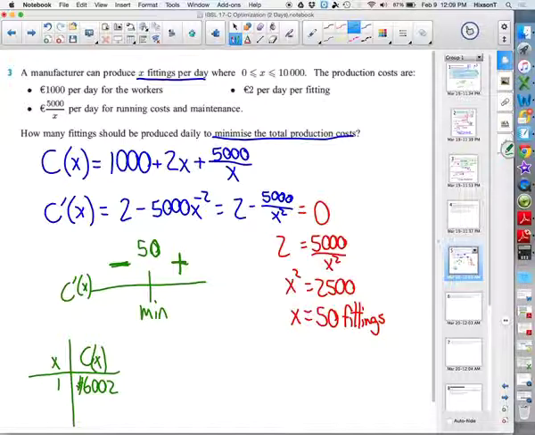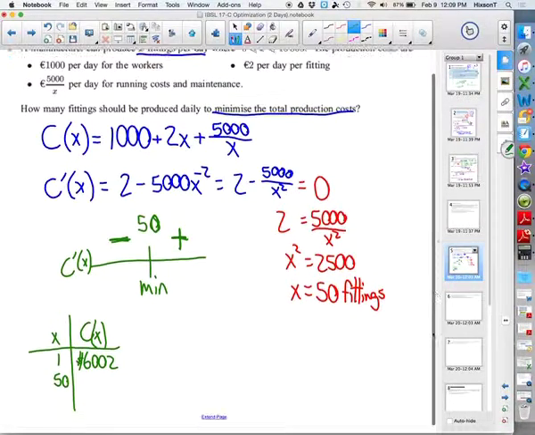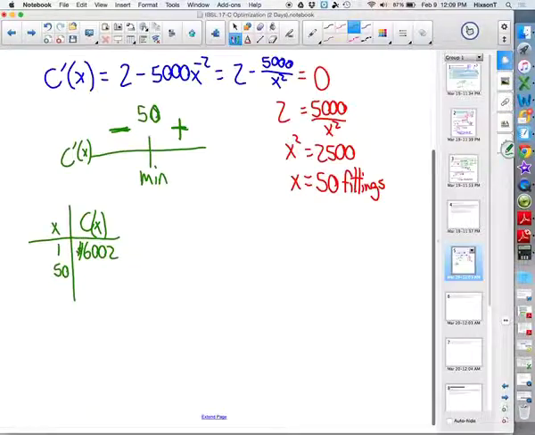We want to minimize cost, so we also need to check 50. And then we should also check 10,000. Okay? Because that's the other endpoint. That must be, if we ran this factory the whole day non-stop, we could produce 10,000. So we should check 10,000. Because you're checking the endpoints. Okay? So, in this case, if we put in 50,